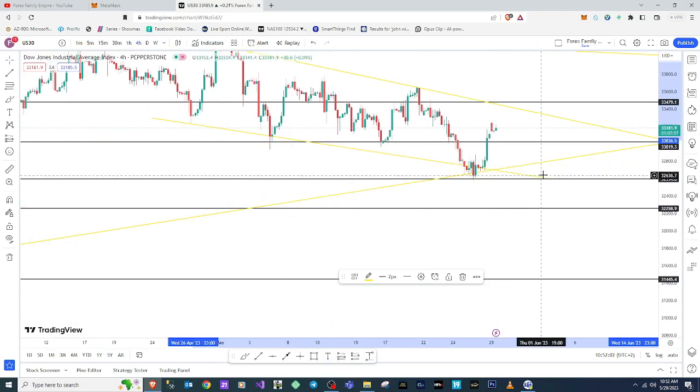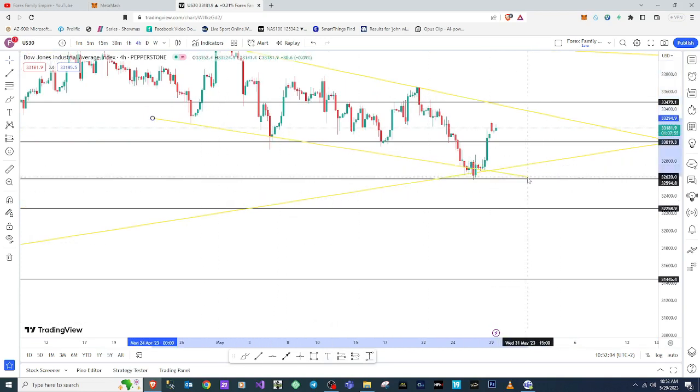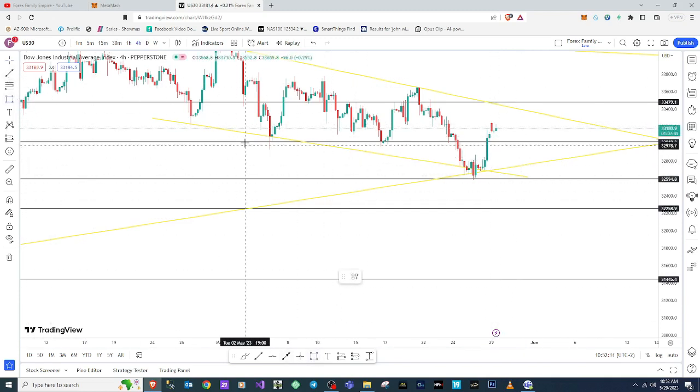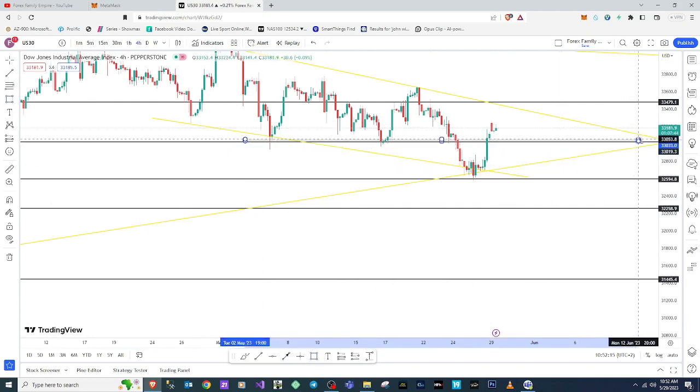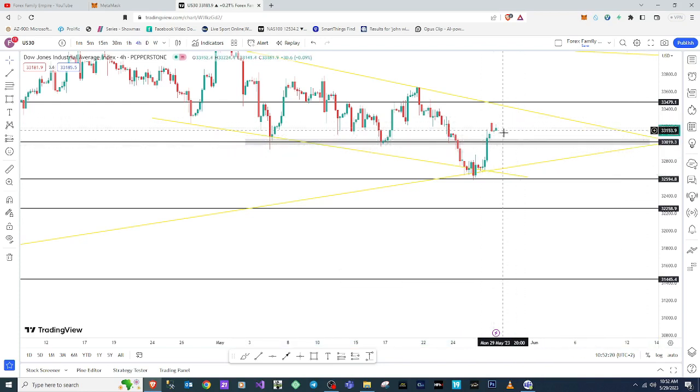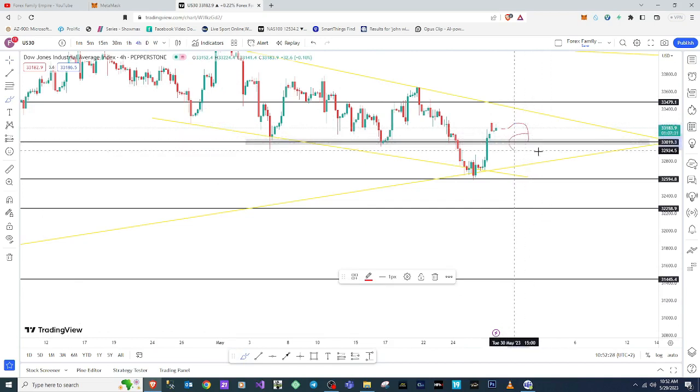Basically, my trading strategy is telling me that all I need to do right now is to look for buying opportunities here. So if I'm going to be looking for buying opportunities, I see this level here, which is very, very important, guys. If we play around this zone, above this zone, I'm expecting the market to do something like this. They will be playing around this zone, come back, and once they touch this level,